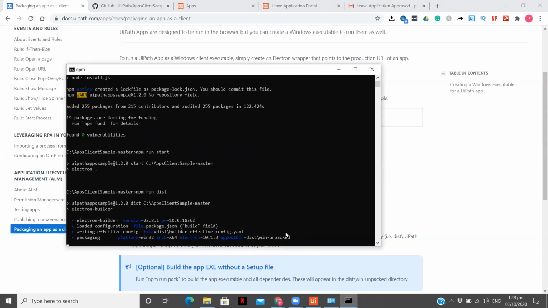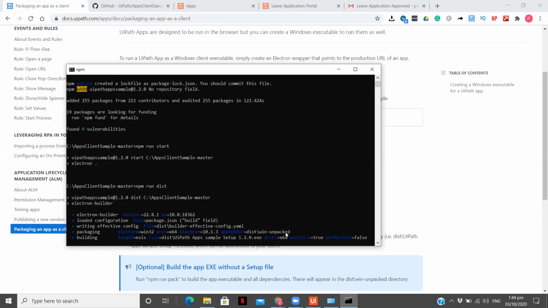This is a very amazing feature that UiPath Apps has provided, and I think there will be many more advancements to this. And also there's a feature where we can create an APK for this file. I'm still exploring that part, but the video on that will also be out soon. So okay, this will also take some time because the file size and the setup size is big. Not more time, but it takes 5 to 7 minutes. So let me just pause the video and get back to you when it is installed.